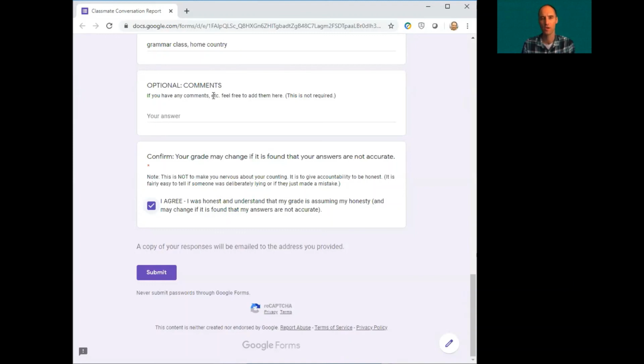But what I'm looking for here is people who are deliberately trying to not do the homework but say they did, to make sure you know that just because your grade shows up in the grade book, I will be checking those later. And I want to make sure you know that it can change. So just be honest on this sheet. Again, we are a team. We're working together in this class to help you improve your English. And if you're not honest, there's bigger issues. It doesn't help me to help you, but just integrity, being truthful, honest, who you are is very important, not just for English class, but for life. So again, be honest. And then when you hit submit,